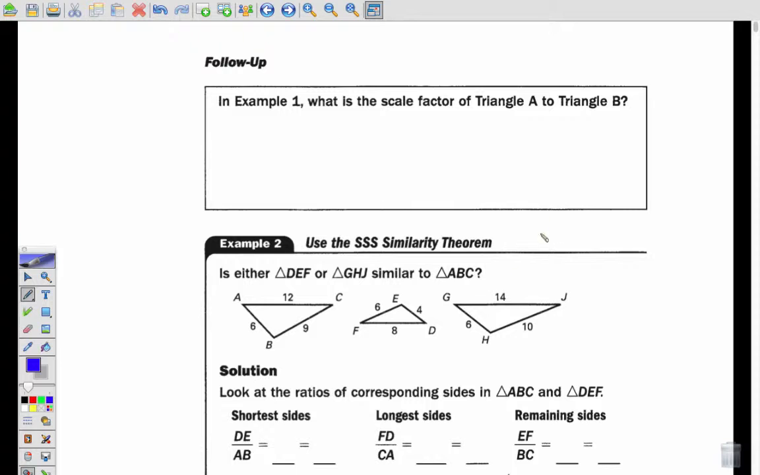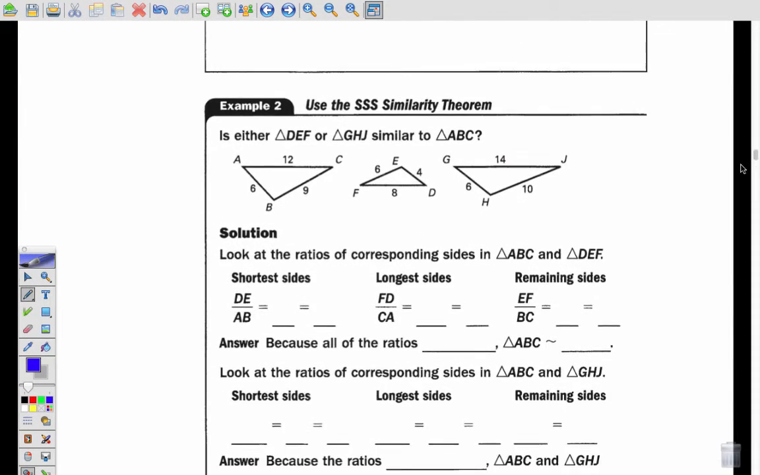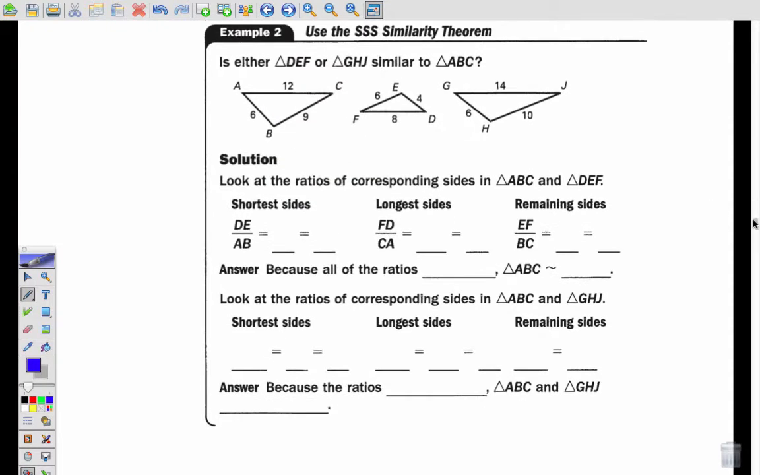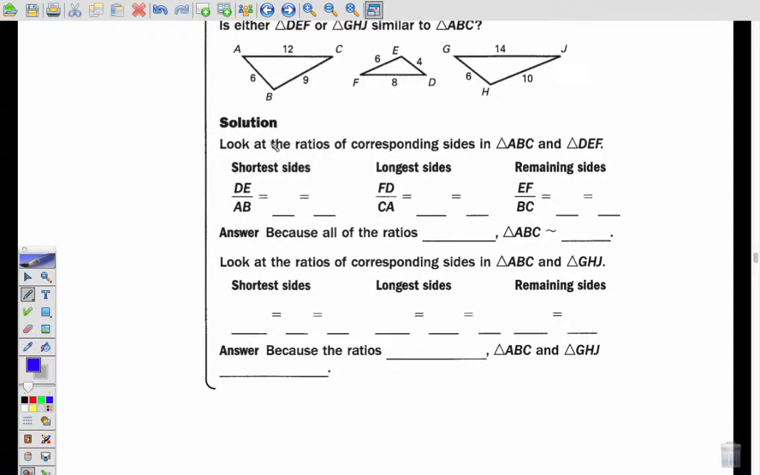Finish the follow-up and then let's look at example 2. We have to determine is either DEF or GHJ similar to ABC? So let's first look at, because all three sides are given, we first have to look at the proportions of the corresponding sides. And the way to do it is to look at two triangles and determine which one